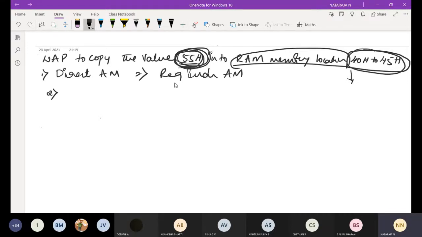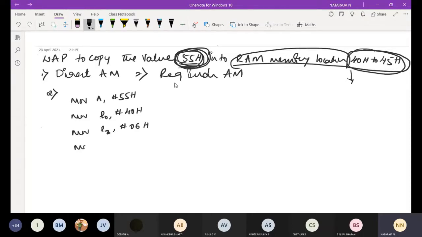Move A comma #55H. Then move R0 comma #40H. Move R2 comma #06H.